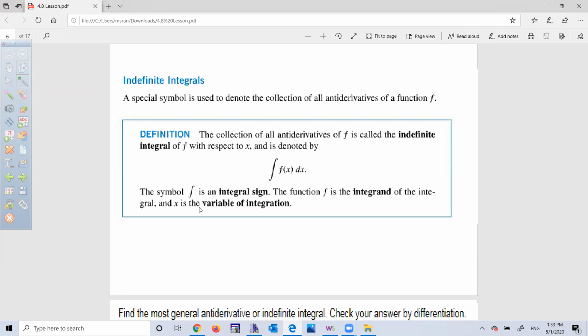Integration is the same thing as antiderivative. Antiderivative is the opposite of getting the derivative of something. So integration is the same thing as an antiderivative. Whenever you read, find the integral of whatever, find the integral means find the antiderivative, okay? Just be aware that the collection of all antiderivatives of a function is called an indefinite integral. This symbol is the integral symbol, but it means nothing more than doing the antiderivative of a function, but you have to do it piece by piece, part by part,